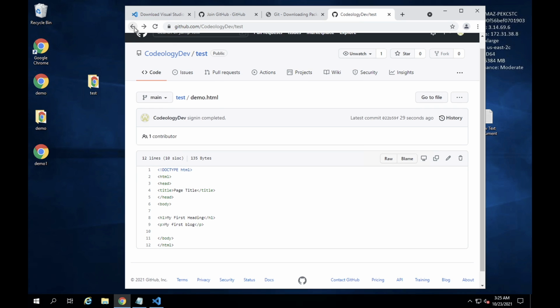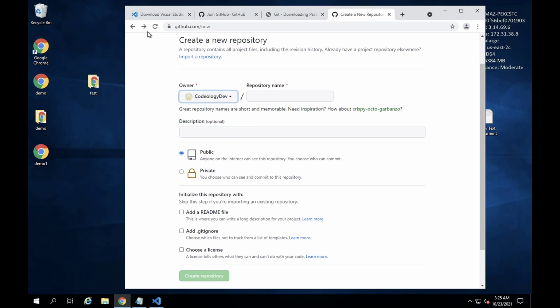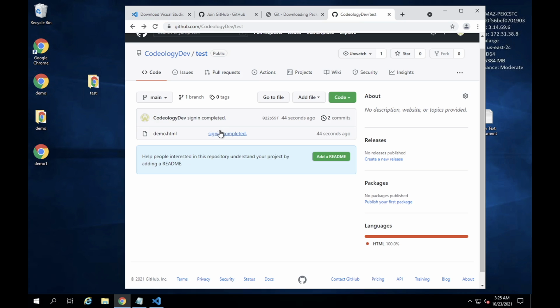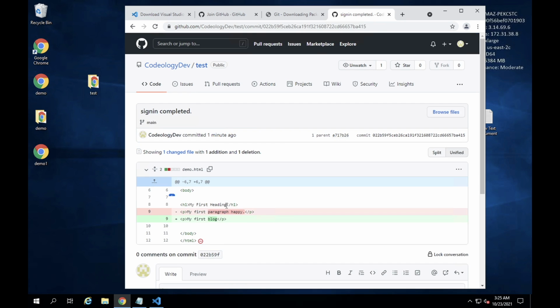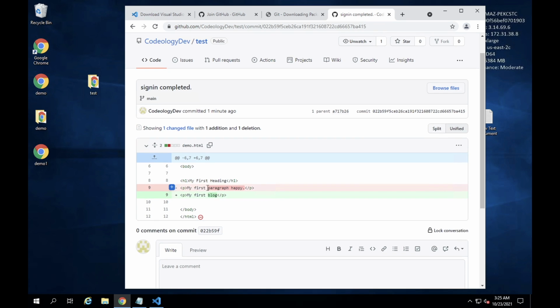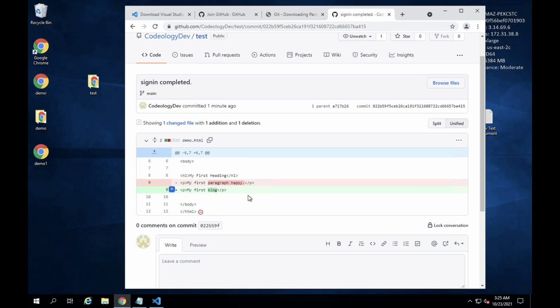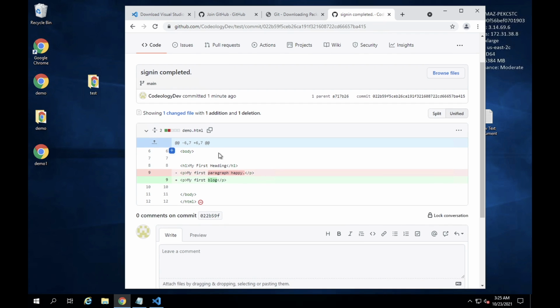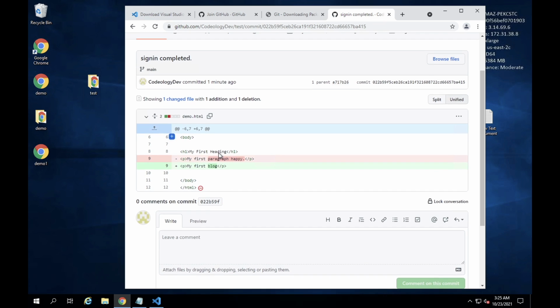Go back, and on this commit, click on it and you can see what the changes are. From this to this we changed it. Like this we can see all the changes, and we can also go back, and we have so many cool features.